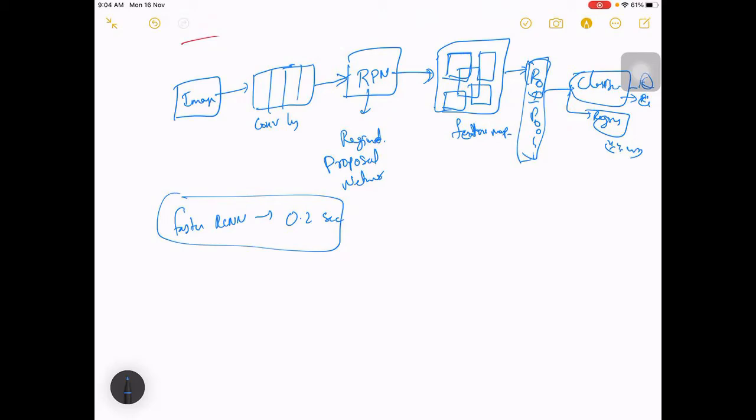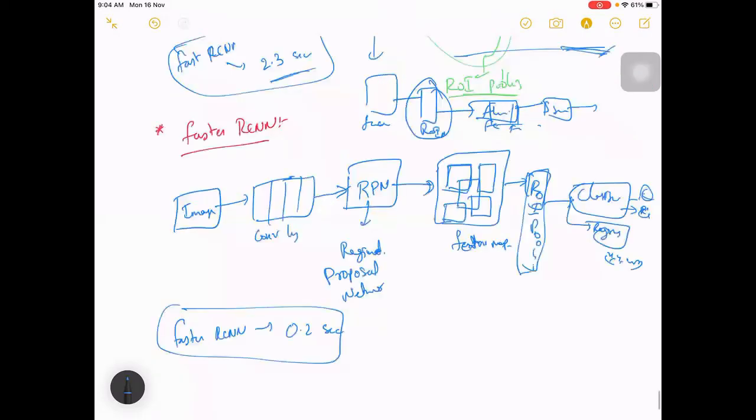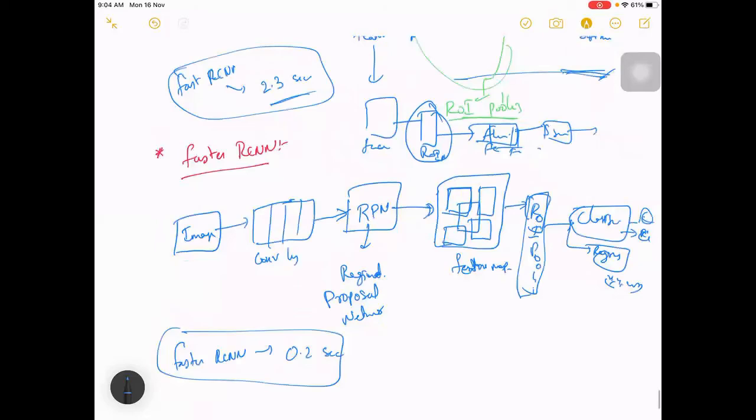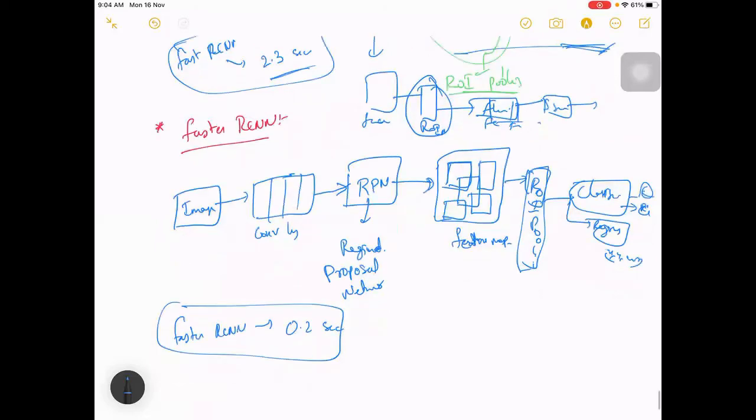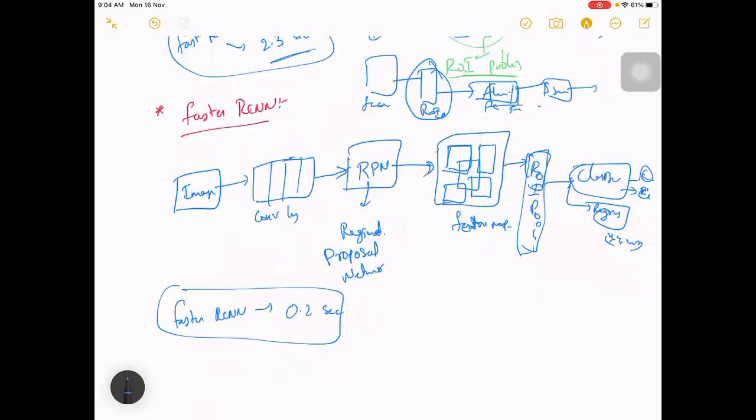As we discussed, it has proved to improve accuracy by quite a good extent. Let's see what else can be done. For most object detection problems, this is a very good choice to take. Faster RCNN is very accurate, and its speed is also quite good, right? But still there were some improvements proposed.